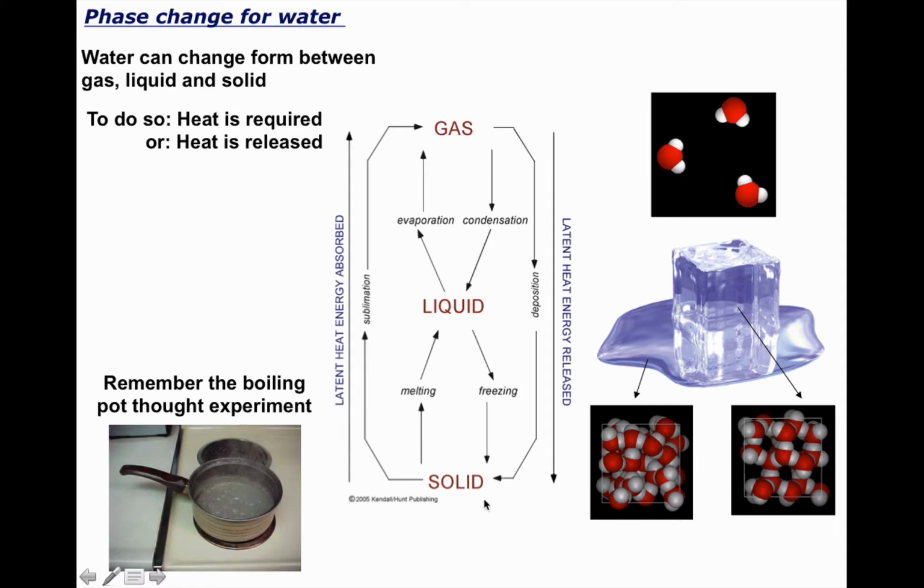What I want you to see are these arrows on the outside. As you go up on this diagram, from a solid to a liquid to a gas, energy must be absorbed in order for the phase change to happen. Go the other direction, from a gas back down to a solid, and that same amount of energy is released. And we call this energy that's used to create a phase change, in other words, going from a solid to a liquid, or liquid to a gas, or any other direction on that graph, latent heating. It's the heat associated with the phase change.